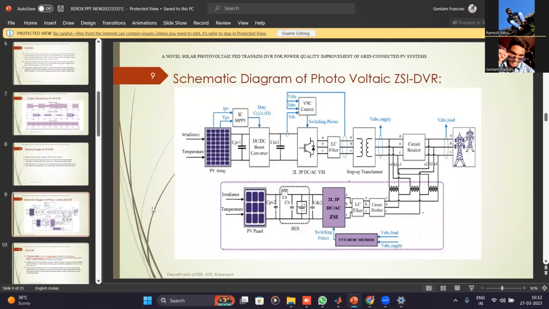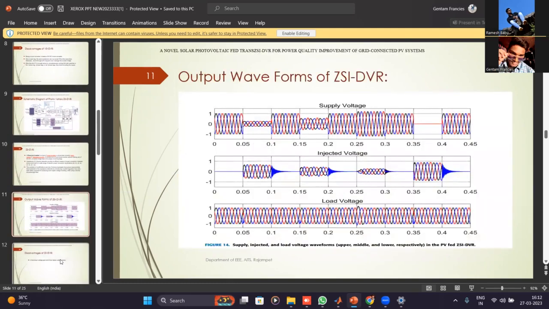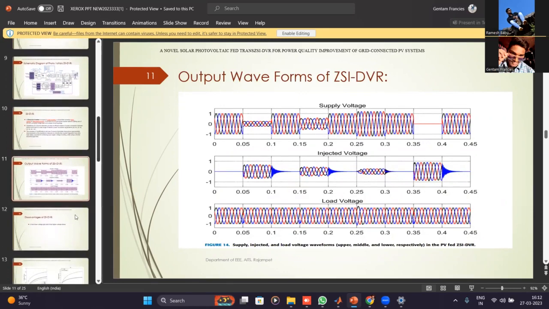The main disadvantage of VSI is that it has only bucking capacity. We don't have boosting capacity. That's why we have used ZSI, where we have boosting capability, but bucking capability is lesser. So we next implemented TransZSI, where we have buck and boost capabilities together in a system with a much wider range of voltage gain, lowering the voltage stresses, improving the power system efficiency, and offering more advantages for sustainable energy sources.